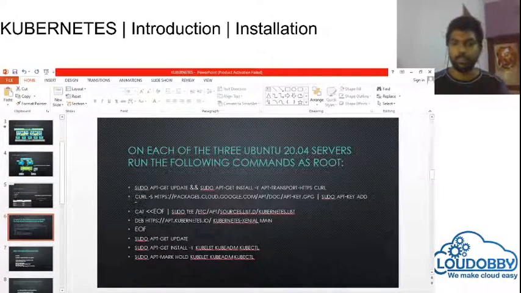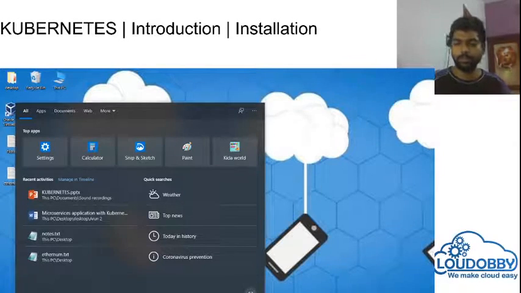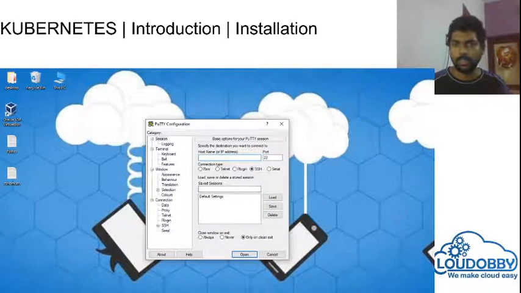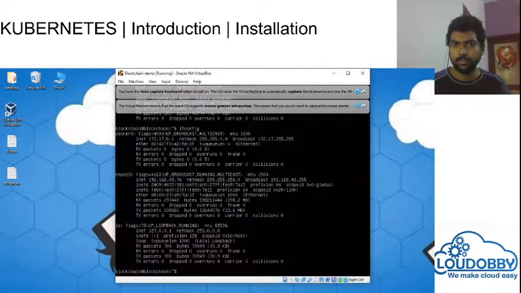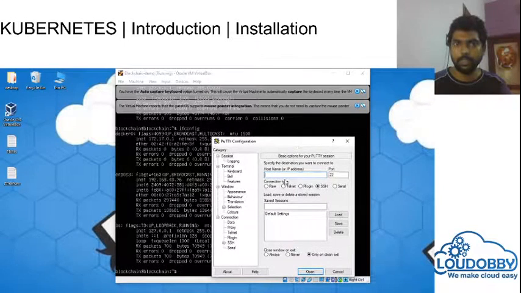Okay, so I am going to take PuTTY and I am going to take the Linux machine in PuTTY. I am just going to take the SSH of it.